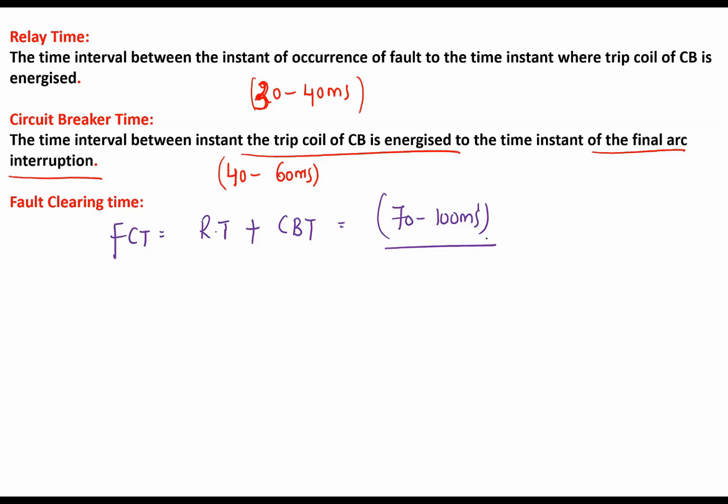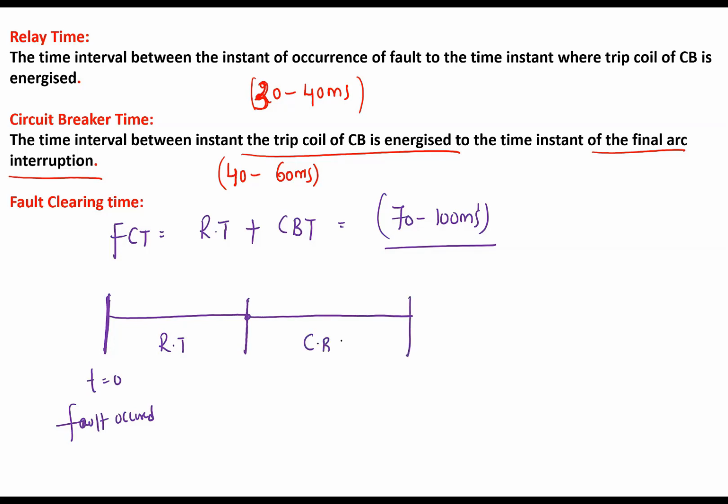Understand? So suppose this is t equal to 0, where the fault occurred. The time the relay takes to sense the fault is called relay time. Okay. And the time until the trip circuit is energized, that is the circuit breaker time. So this is the relay time. Till this point, the circuit breaker is in the closed condition only. Okay. Now if I draw the current waveforms and voltage waveforms,